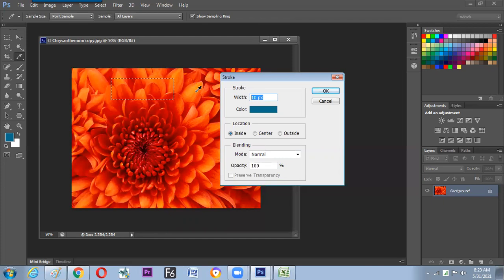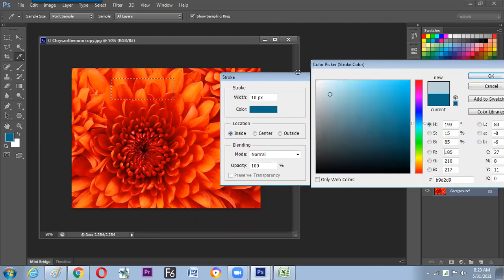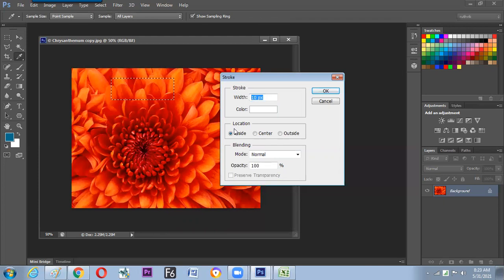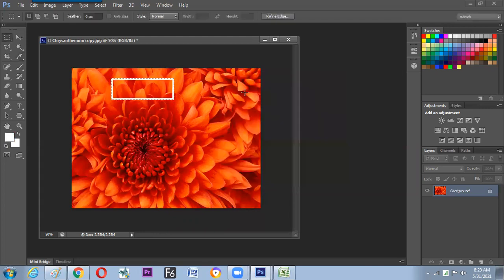Hope we have understood how to apply a stroke to this selection. We can take the white color and ask the software to place the stroke inside the selection. Go for OK. Rest of the things we'll see later. But for the time being, we have seen three pieces of information: size, color, and position. Get it? Okay. Job is done.